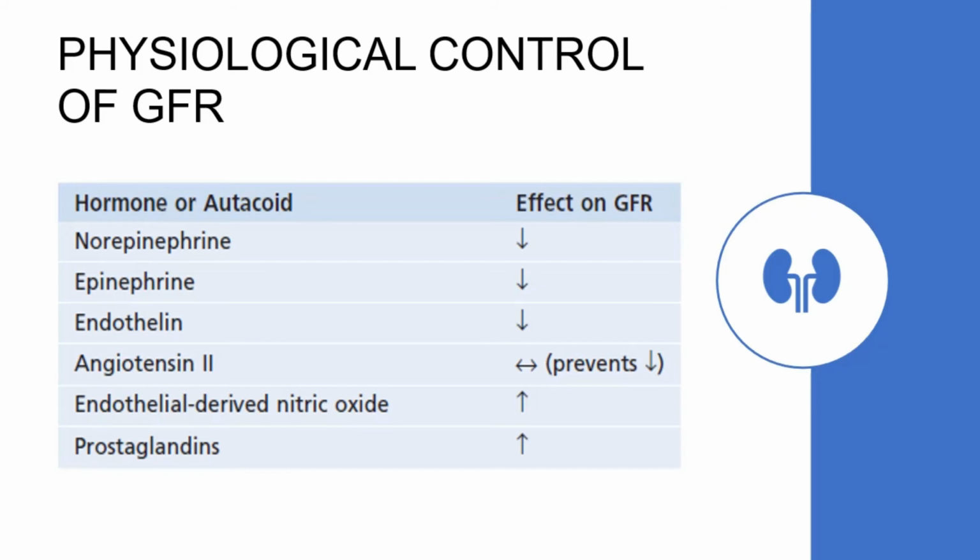But in a person who is having hypoperfusion or hypovolemia and there is a decrease in GFR due to an underlying pathological condition, angiotensin II is a powerful vasoconstrictor of the efferent arteriole, more so than the afferent arteriole, which will cause an increase in the GFR. Also, it will prevent a further fall or further deterioration in the case of this patient.